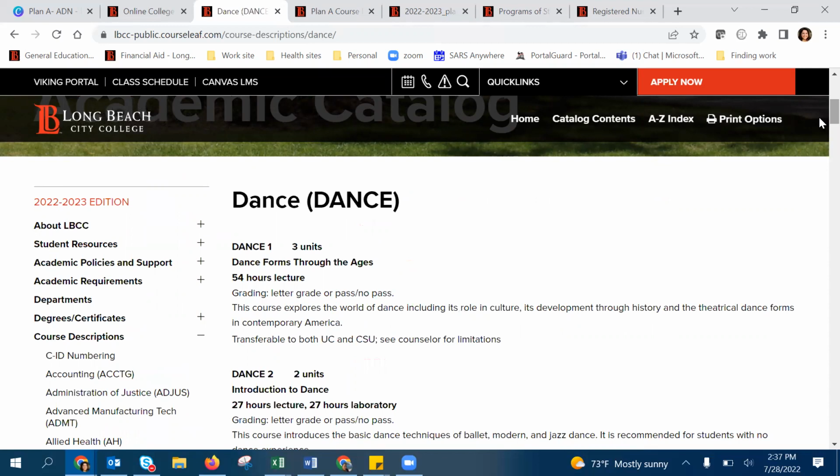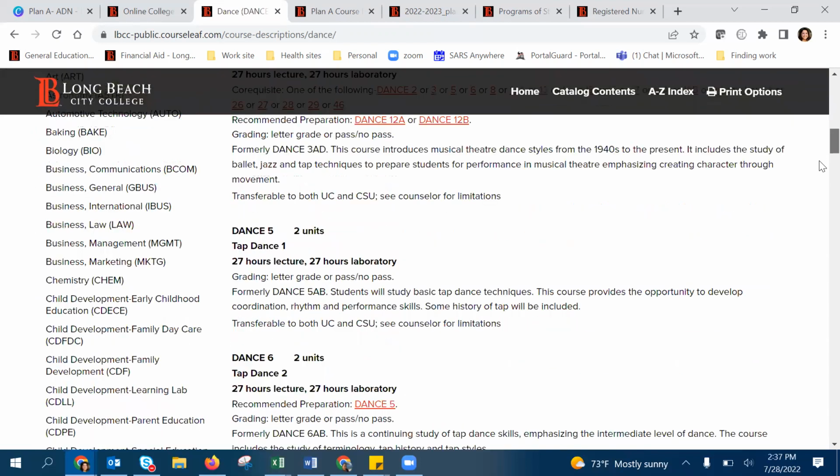It's 54 hours of lecture. You can either receive a letter grade or pass, no pass. This course explores the world of dance, including the role in culture, its development through history, and the theoretical dance forms in contemporary America. This is transferable to the UC and the CSU, and you can see the counselor for any limitations. Whereas Dance 19